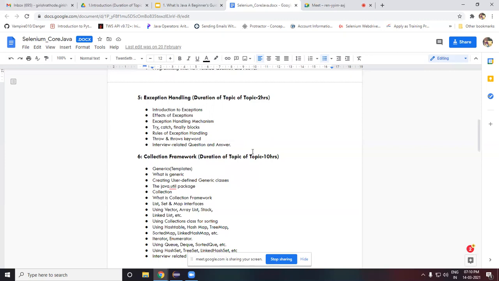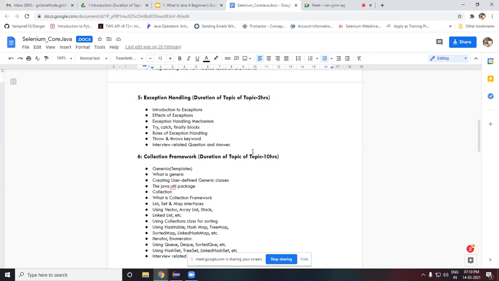In collection frameworks we have generics, and we'll be introducing collection and collections in detail.